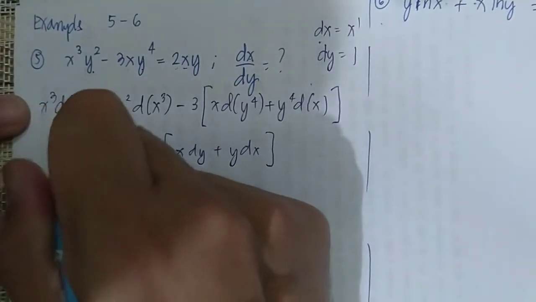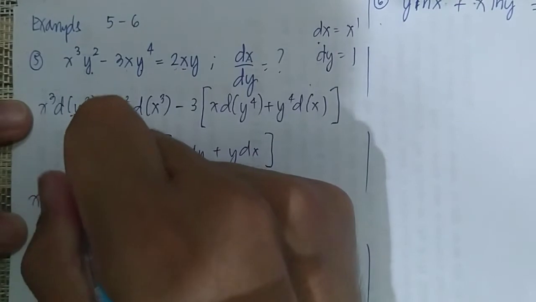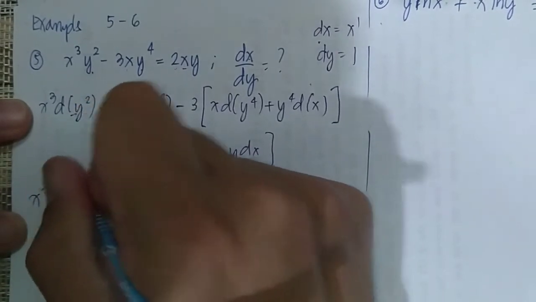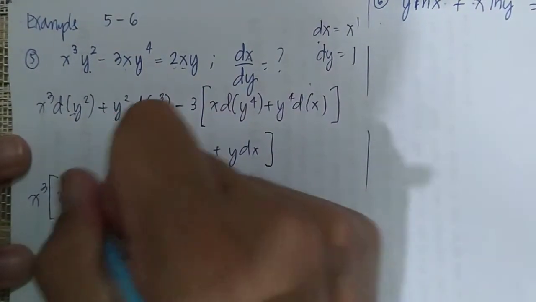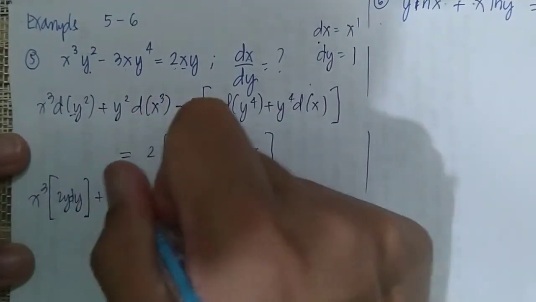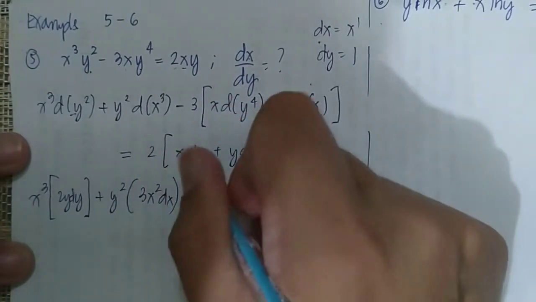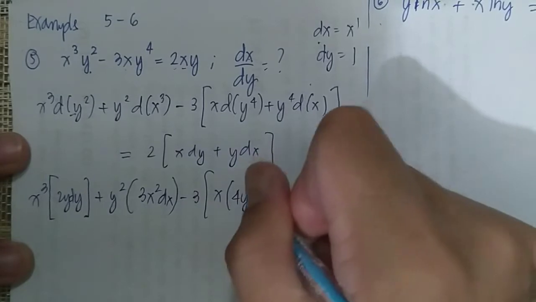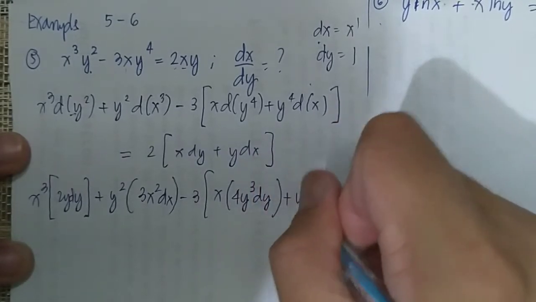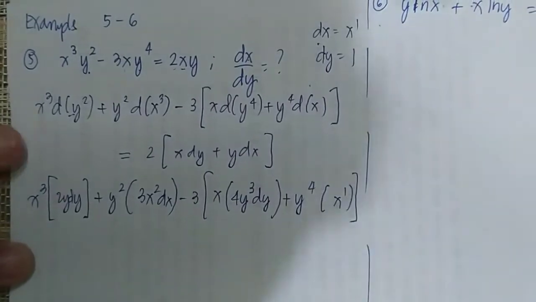So, x cubed, derivative ni y squared, so that's 2y dy, general power formula, y squared, 3x squared dx, minus 3 times the quantity x, 4y cubed dy plus y to the fourth times derivative ni x is x prime